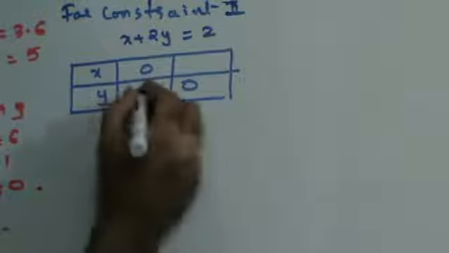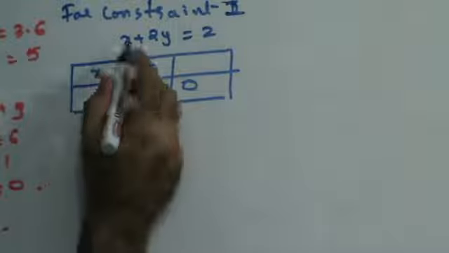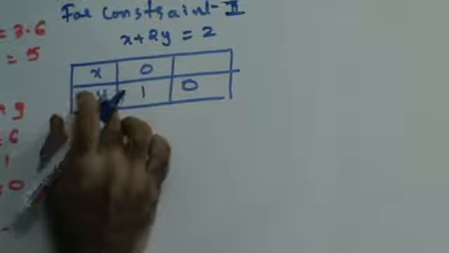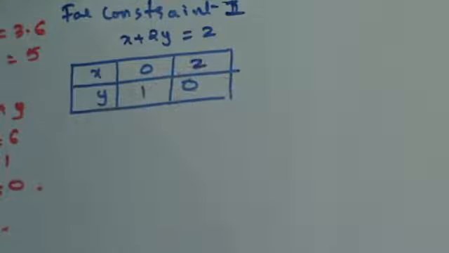If x is 0, then 2y is equal to 2, therefore y is equal to 1. If y is equal to 0, in that case x will be equal to 2. Right? Once I have this value of x and y, then I can say that,